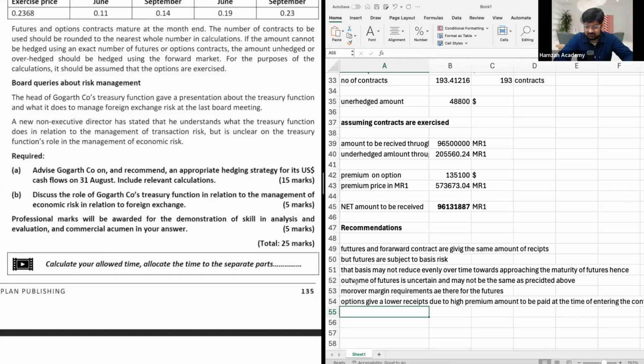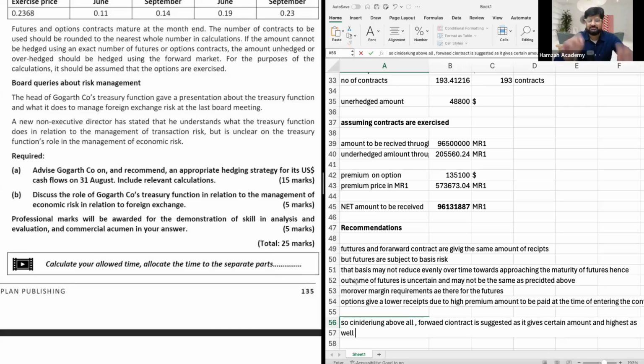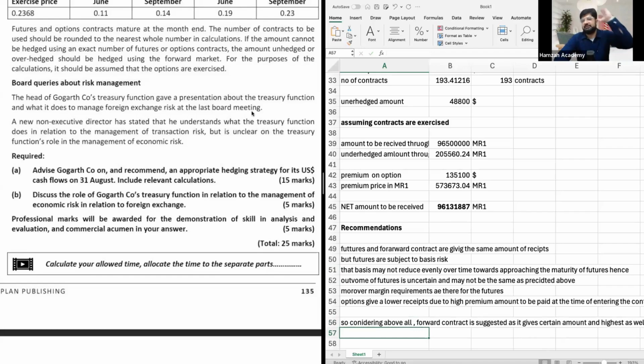So, considering all the above, the forward contract is suggested as it gives a certain amount and the highest as well. Done. Students,